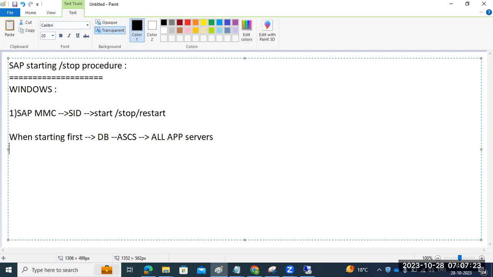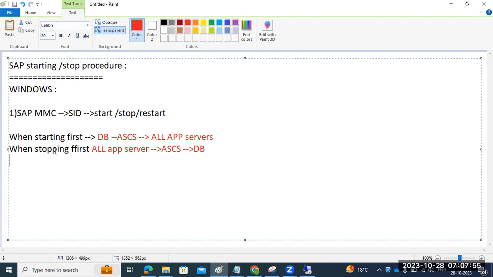So when stopping manually, it is the reverse order: first all app servers, then ASCS, then database. This is the complete picture of the starting and stopping procedure, which we have to follow in real time.